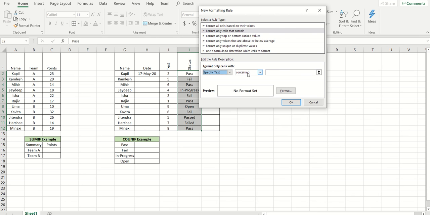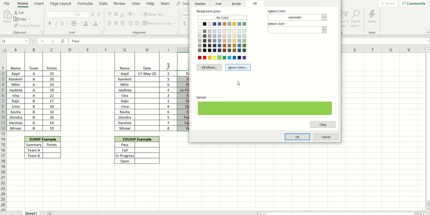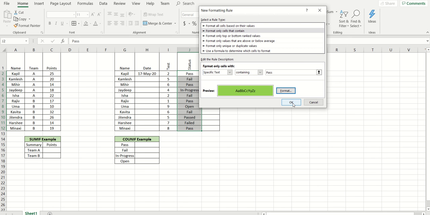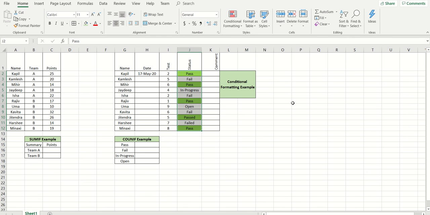It is specific text, so I will mention the text, pass, and then go for a color. I want to fill that with the green color, so I will select green and say OK. So you can see all the pass entries are shown in green.